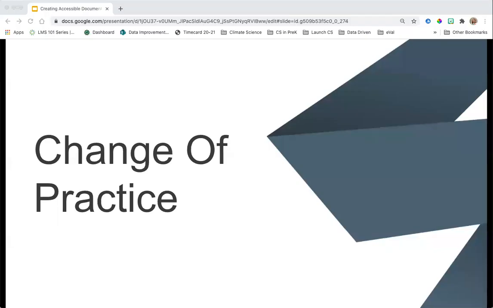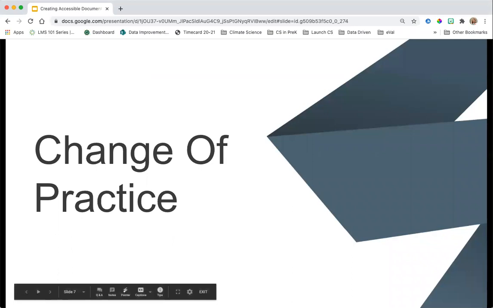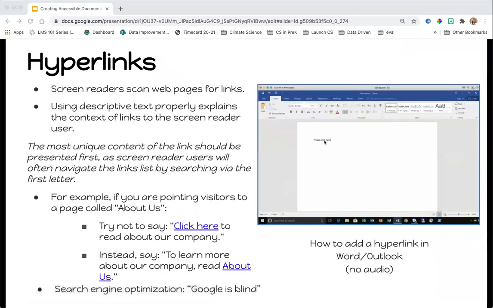As you start to think about creating accessible documents and materials for your classroom, there are a few things that you need to do in order to change your practice. One of the things that you can do is to be specific and use unique hyperlinks when describing things on